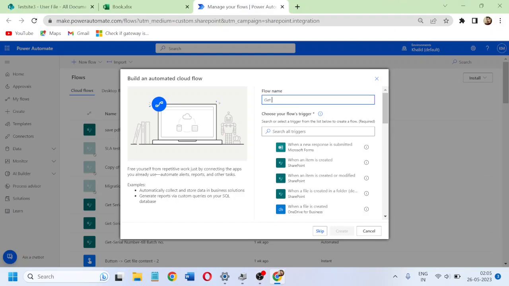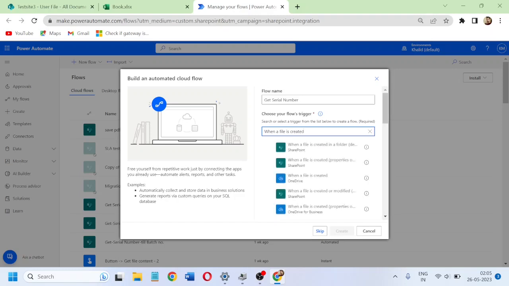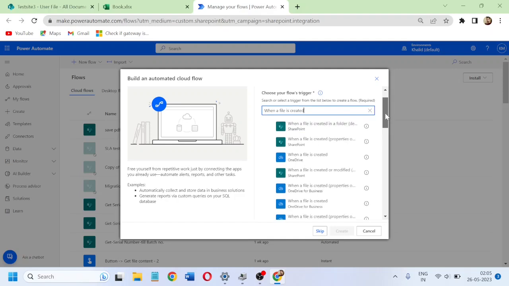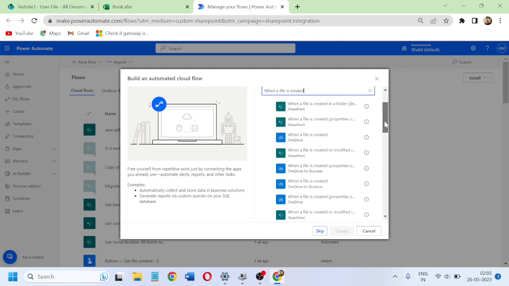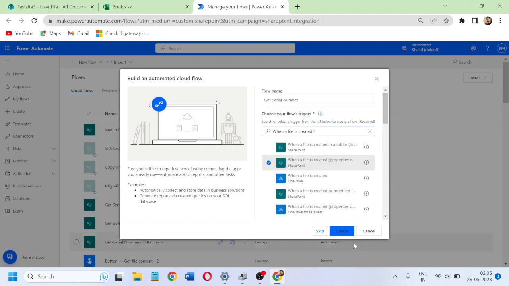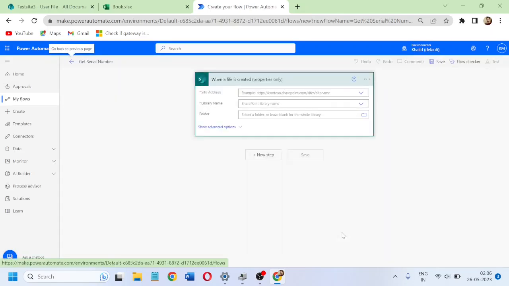So get serial number. Okay, when a file is created, okay, this is deprecated, created properties only. Okay, so